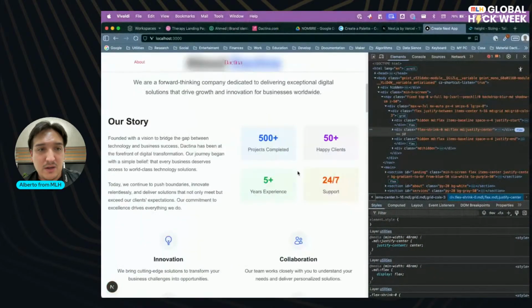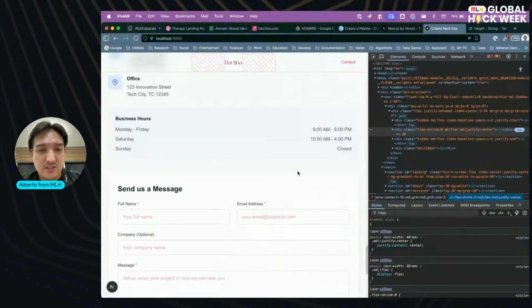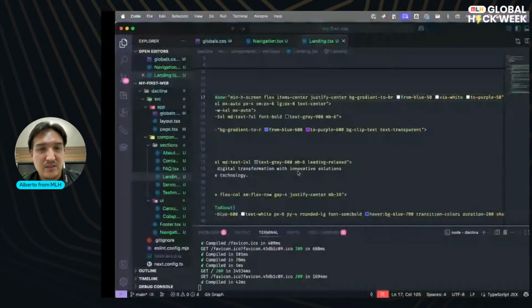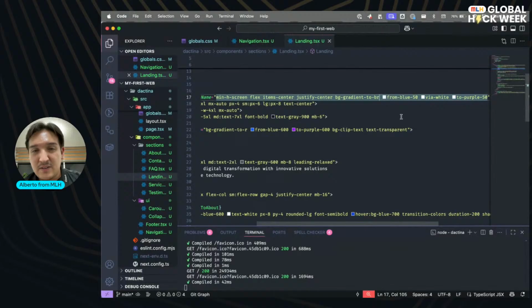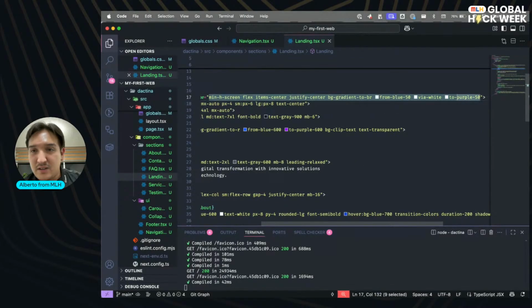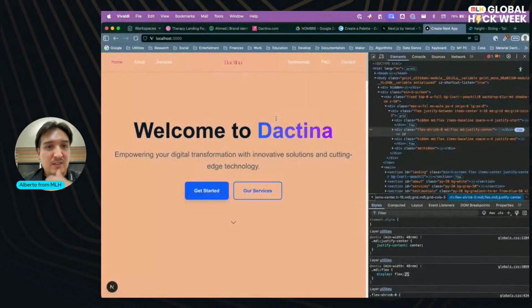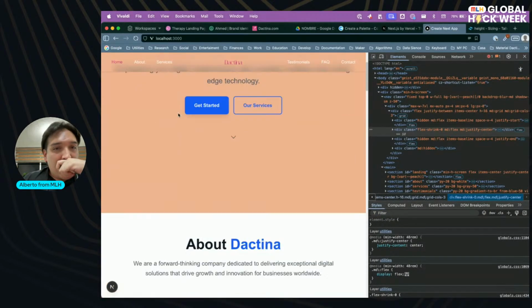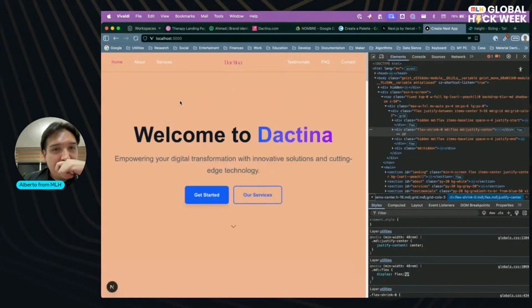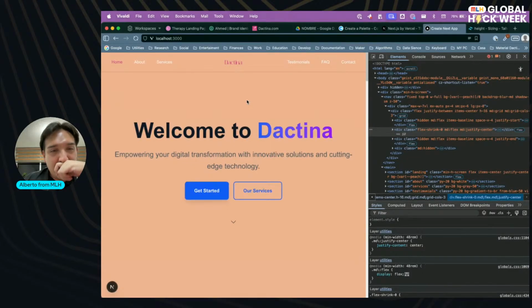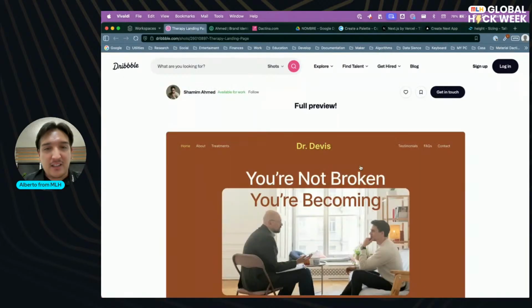I don't want the gradient to be BR. Background should be bar pitch, just like that. Okay. I like it, but it doesn't feel like the highlight of this.